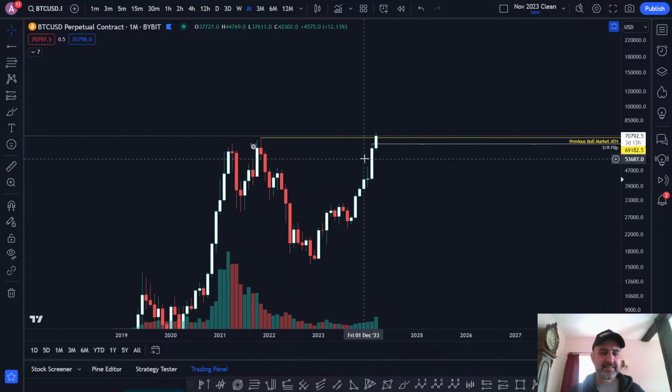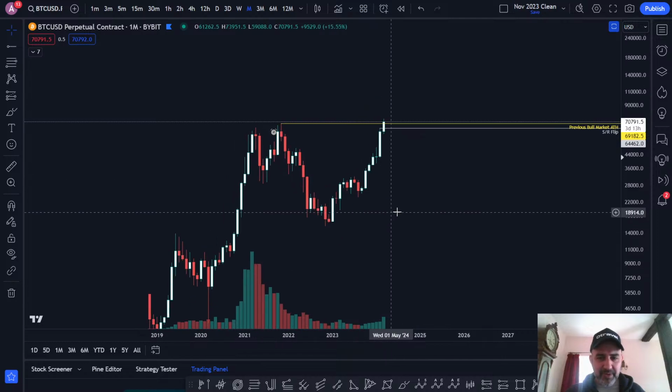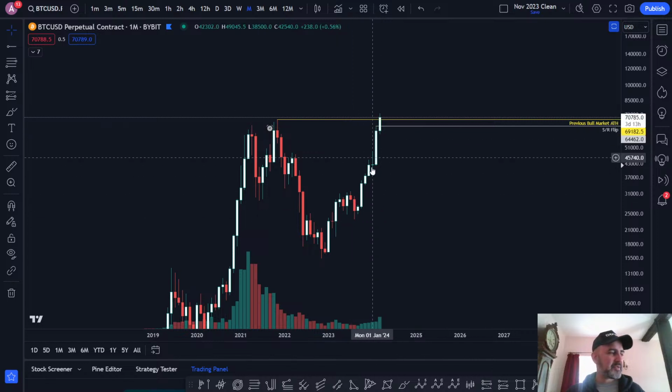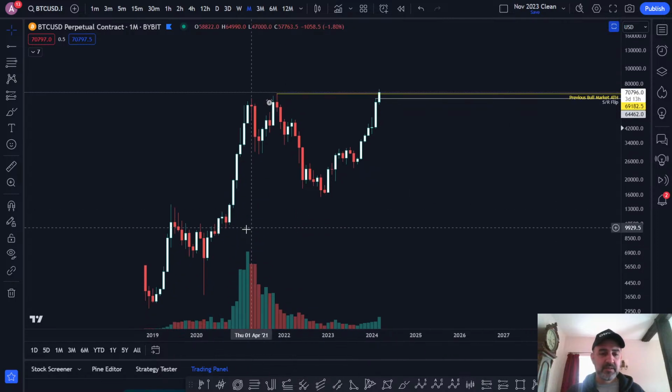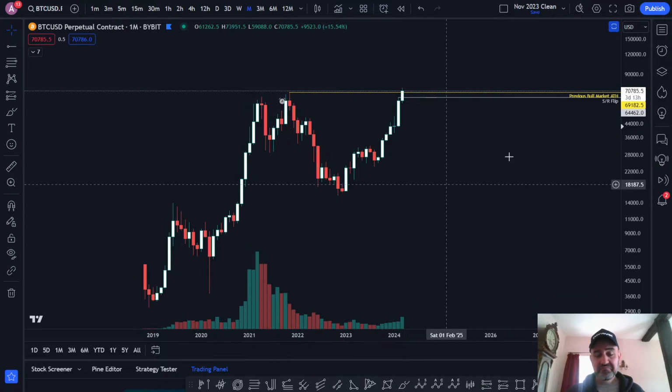I mean, it's clear to see that we're in the bull run. Look, how many months of green candles have we had now? 1, 2, 3, 4, 5, 6. We've had 7 months of up, up, up, up, up. When's the last time we had that? 1, 2, 3, 4, 5. So we've had 7 months of up now. Last bull market, we only had 6 months of up. See, we had this little red candle here.